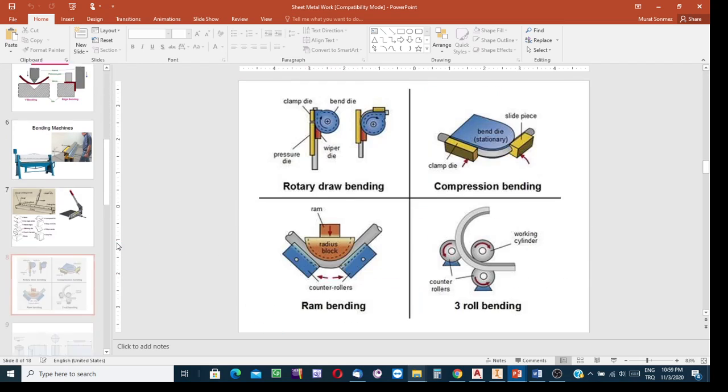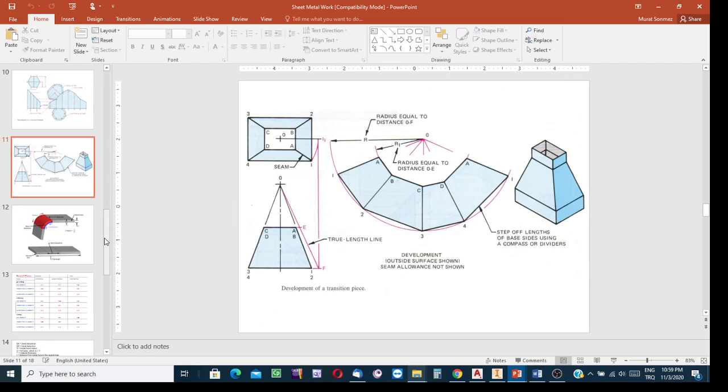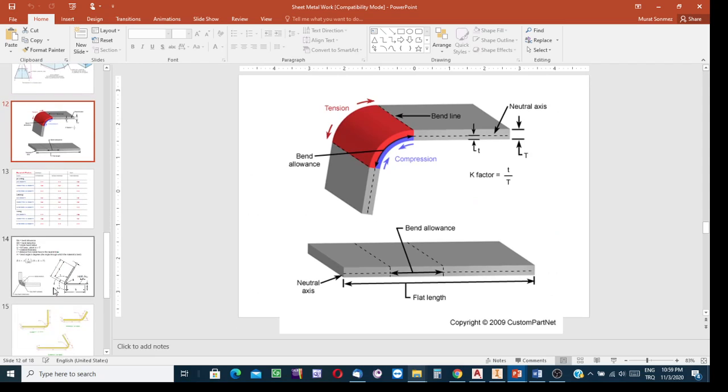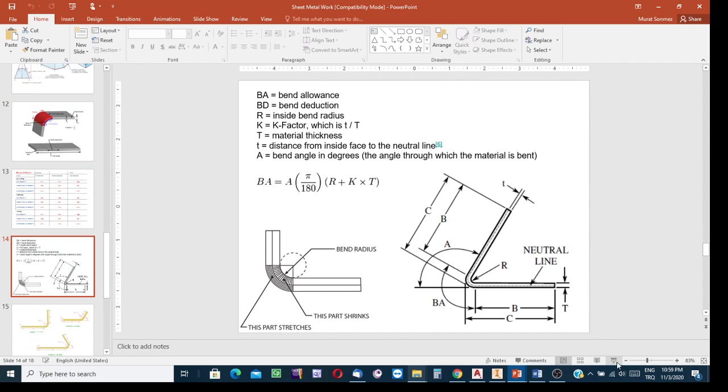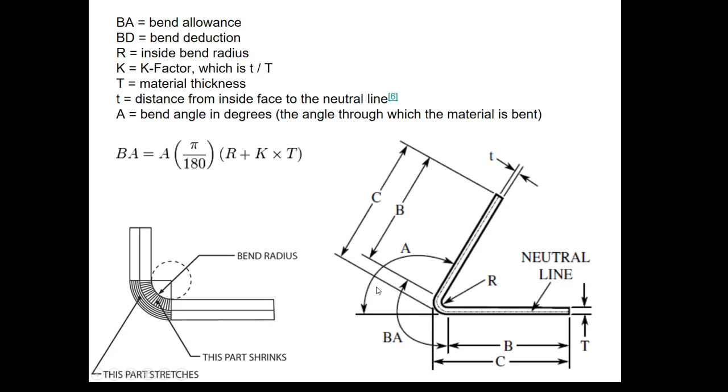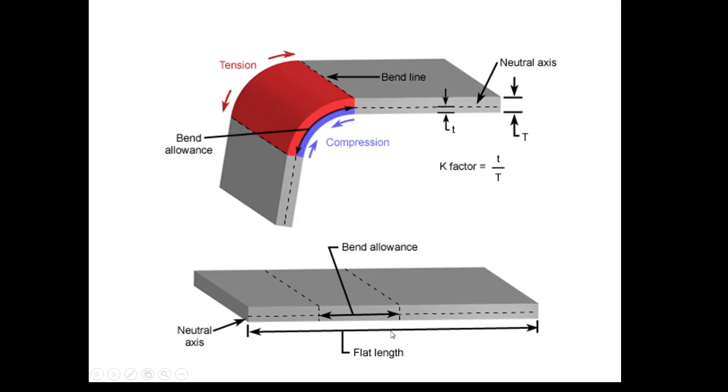Refocus your attention on this figure. Angle A, the bend angle, is measured at the outside of the bent portion. Not as an acute angle but as an obtuse angle, the complementary angle. And bending allowance, calculating the size of bending allowance, you know,